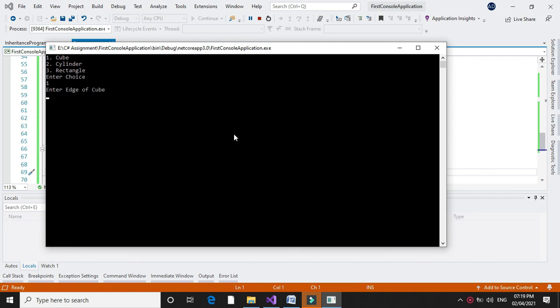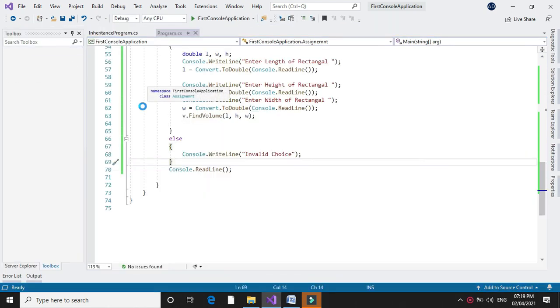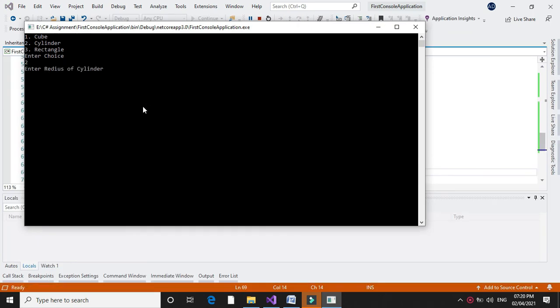If I enter 6, it will print 216, since volume of cube is a cube, that is 6 cube, which is 216. If I enter choice 2, it will accept the radius of cylinder, then it will accept the height of the cylinder, and then it will calculate the volume of cylinder.